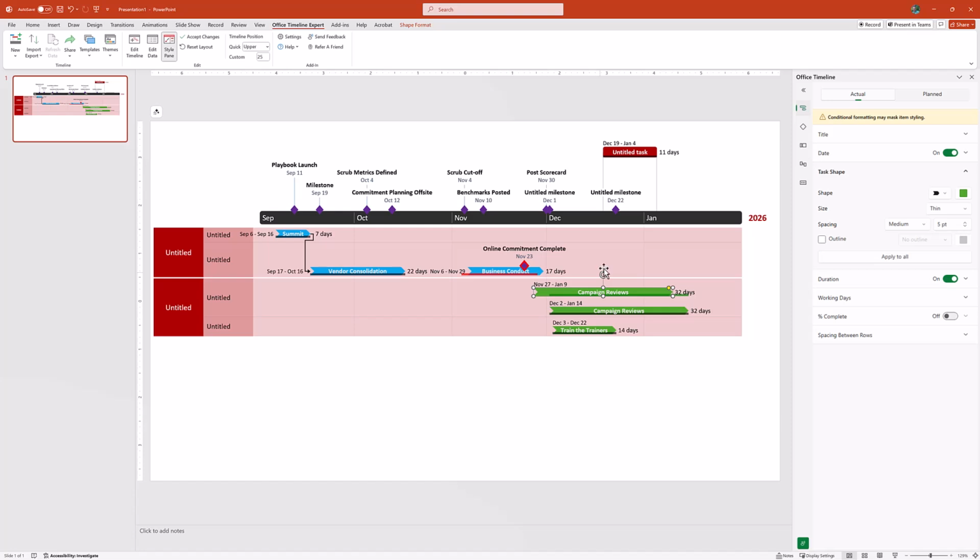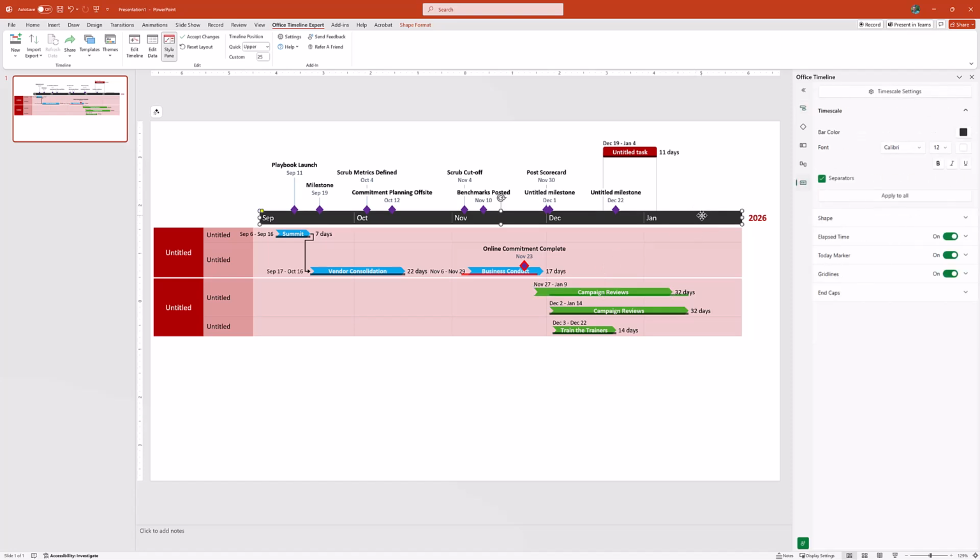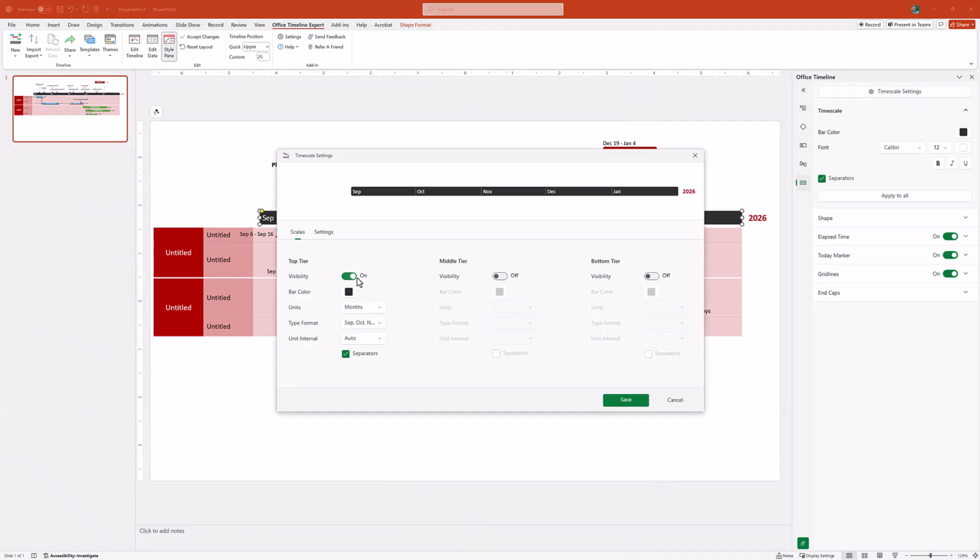I do want to mention that our time scale up at the top is also editable in the style pane. Same kind of thing, shapes, colors, etc. But you also have this additional button up here at the top that is for time scale settings. And this is where you can go to turn on and off different time scale